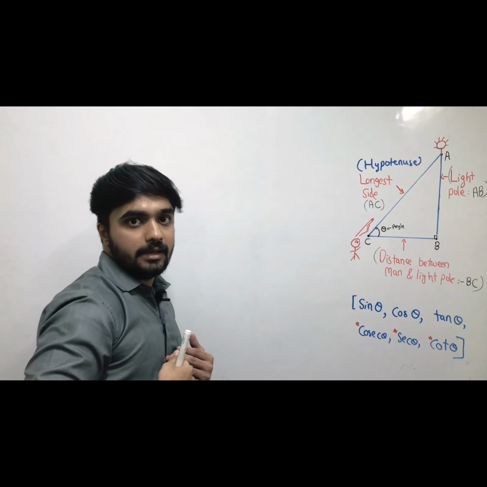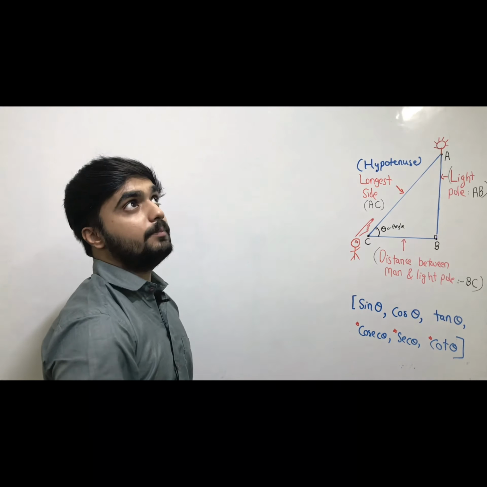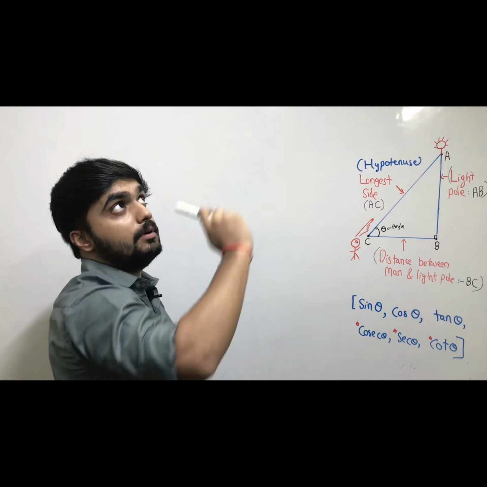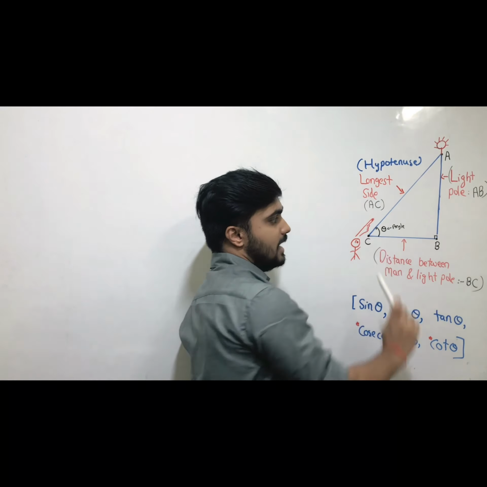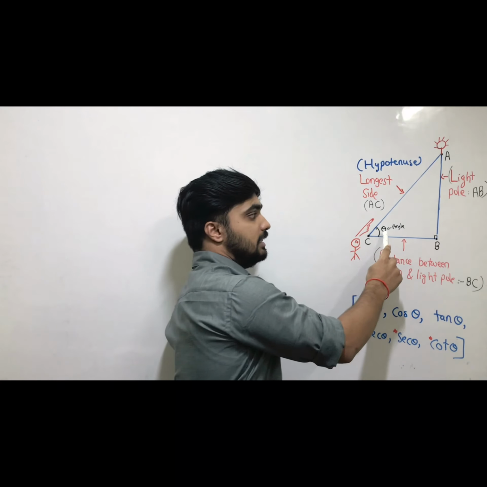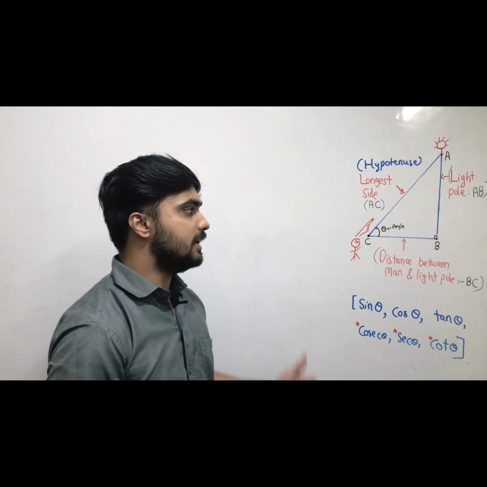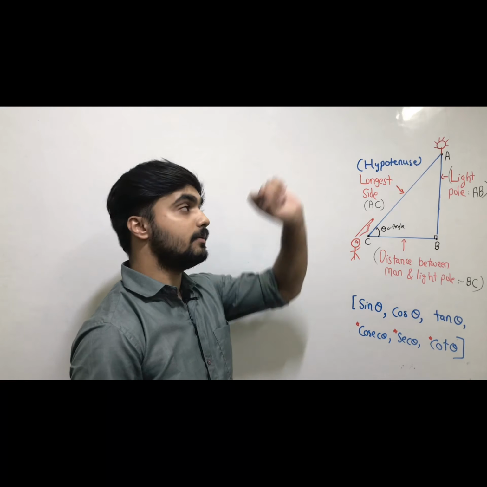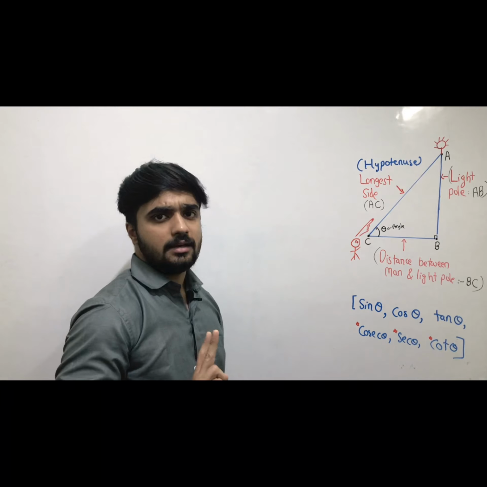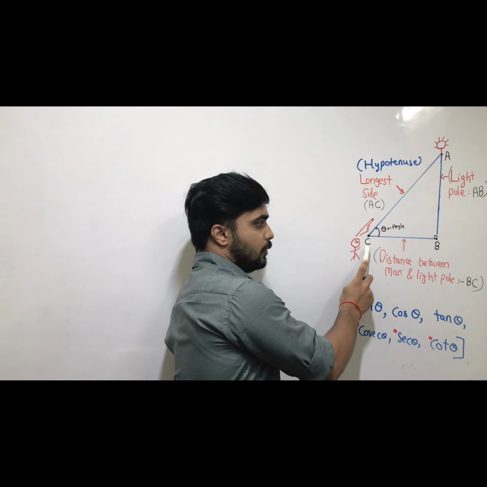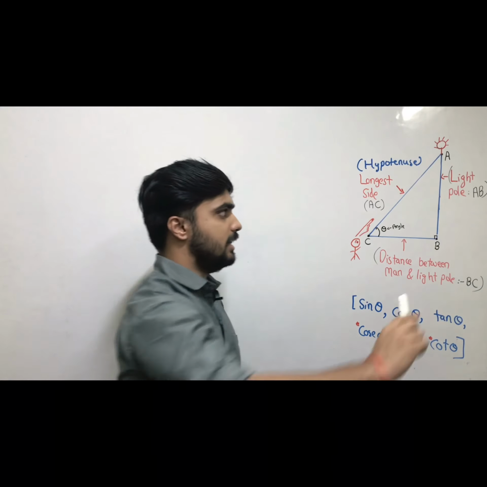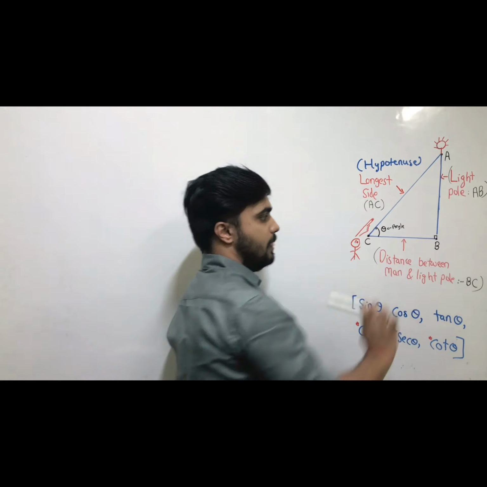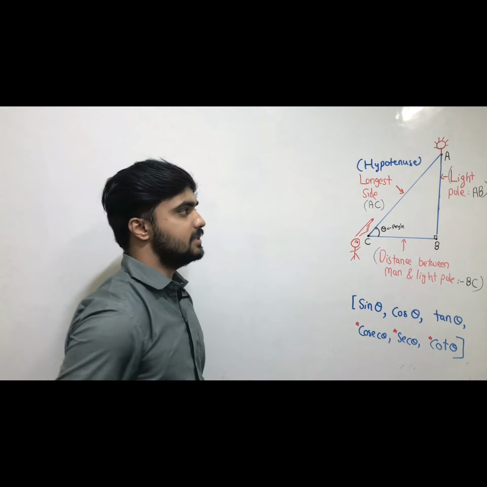So if I am the man and I am looking at the top of the light pole, so one angle is formed. Okay, I am looking with some angle. So let us call this angle as theta. So theta is the angle which is formed by the man when he is looking upwards. Now two things are clear to you. That is, man is at point C and AB is light pole. So we have mentioned that. So this is light pole AB and man at point C.